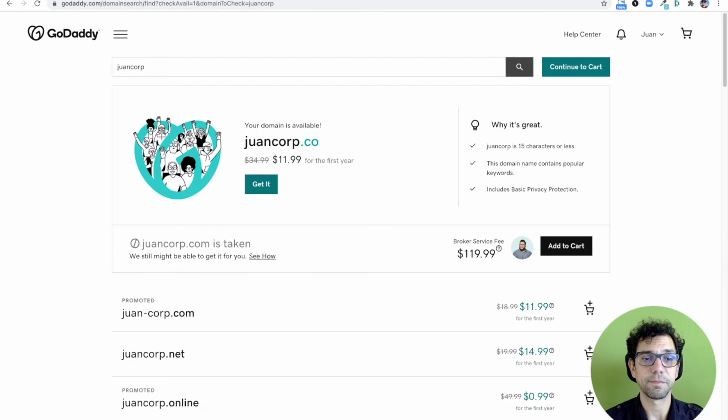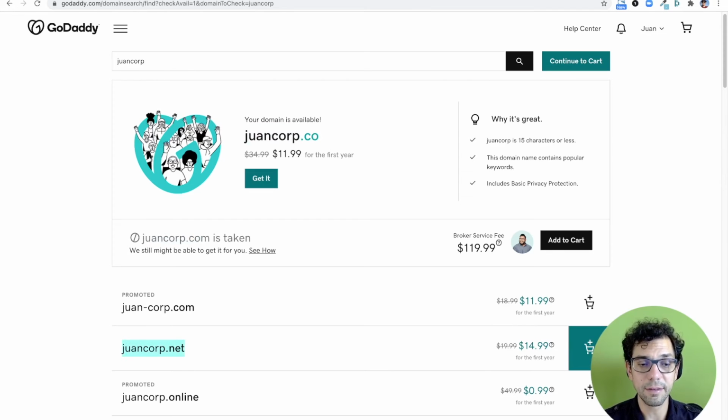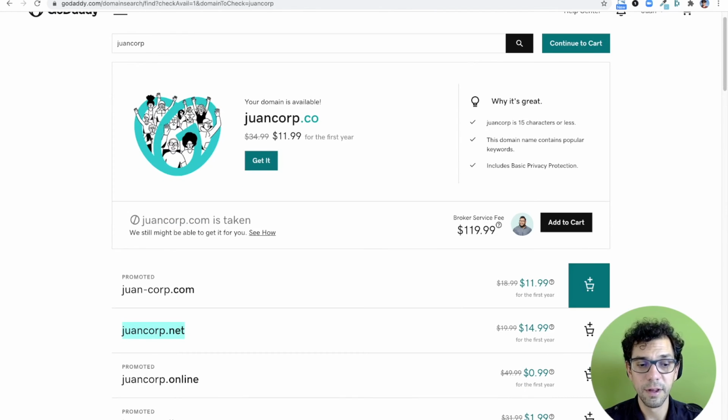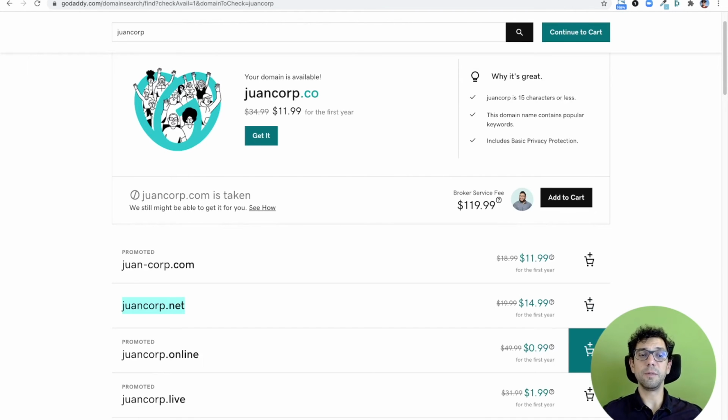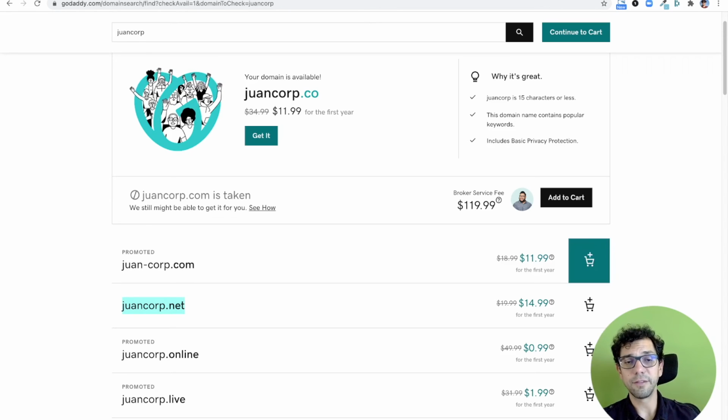And let's see. It looks, again, juancorp.com is taken, and juancorp.co is not taken. And I might be able to use juancorp.net or juan-corp. So now I have a hard decision to make because somebody already owns juancorp.com. I can choose that, but this might create some confusion with folks. If I'm branding a little bit and if my search engine optimization works okay, it may not be that big of a deal. So you'll have to make this decision.